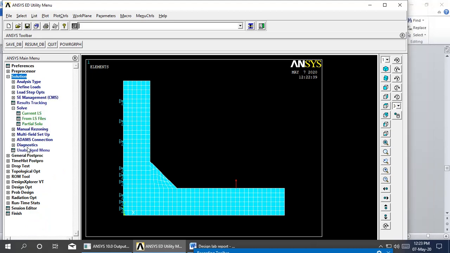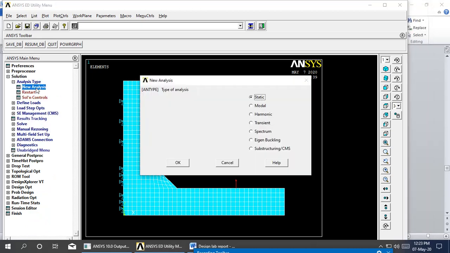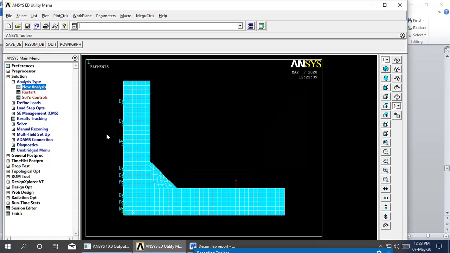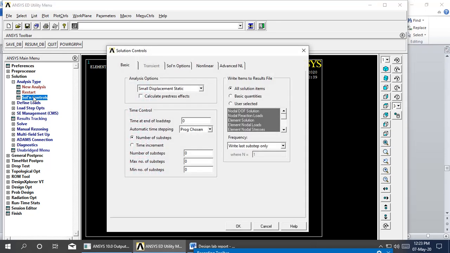The load has been created. I need to go for solution. In that you need to go for analysis type, new analysis, static, okay, and solution controls. The time at the end of load step you have to give as 1, and the number of substeps is 50. Analysis options are okay.